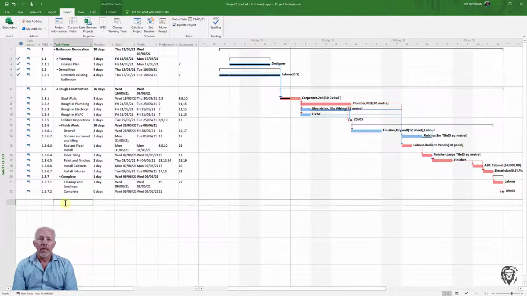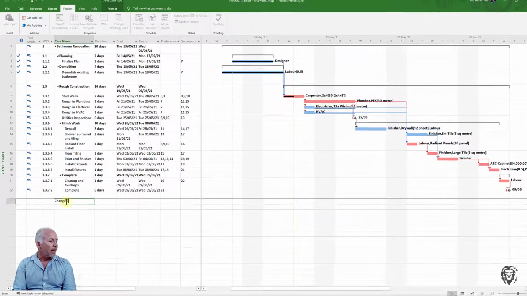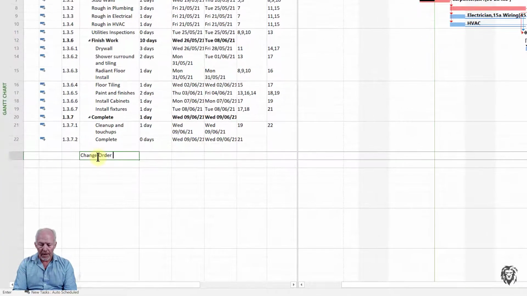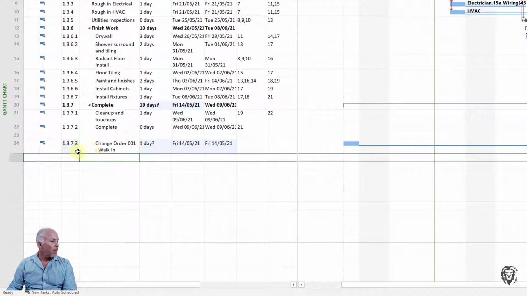And so I'm going to set it all up under a subtask so eventually I can see it all rolled up to that subtask. And I'm going to call that subtask change order 001. And that's the walk-in. And then I need to establish the series of tasks that are going to form the walk-in. So I'll start with the removal. So I've got to get rid of those shelves and the flooring and all that stuff. So I'm just going to put removal existing storage